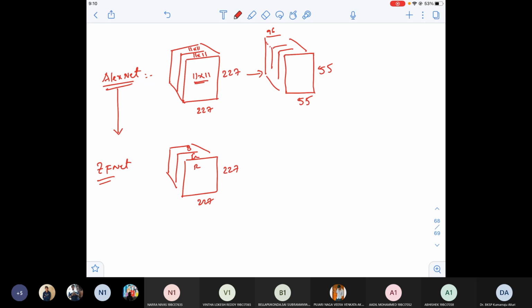Perfect. Now they said, why should I apply 11 by 11 filter? They applied 7 by 7 filter. And don't ask me, sir, why 7 by 7? Why it can't be 8 by 8? Why it can't be 9 by 9? Or why it can't be 12 by 12? Again, I'm telling guys multiple times, this is just an empirical reason or an experimental conclusion. There is no logic involved in this.